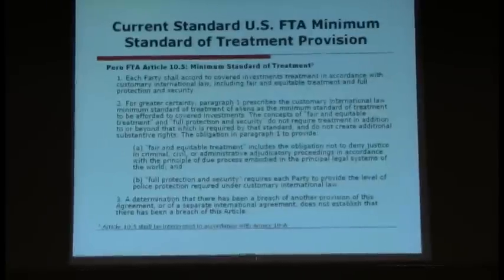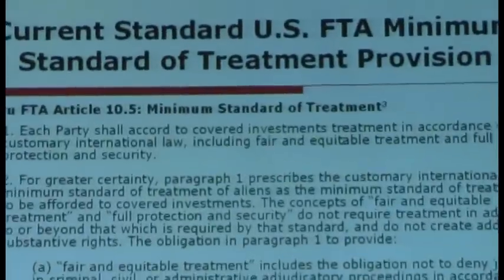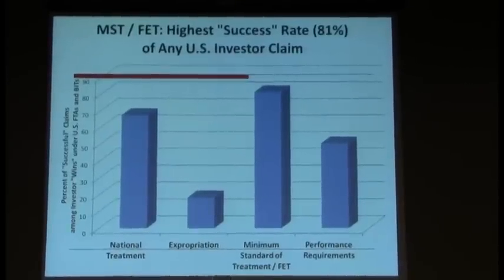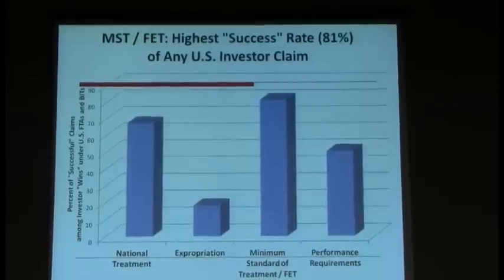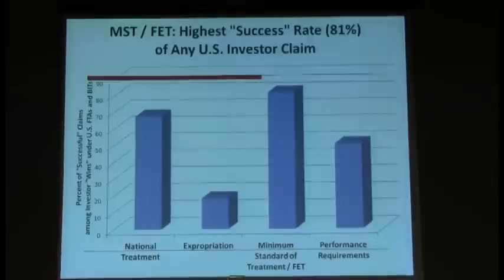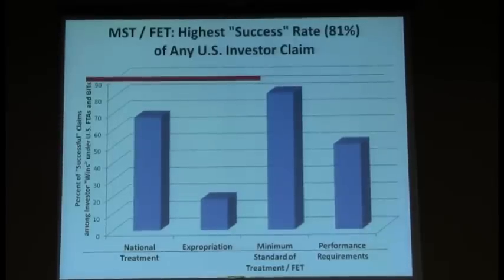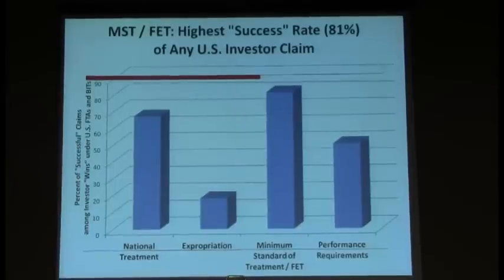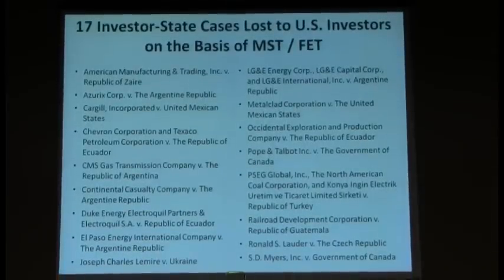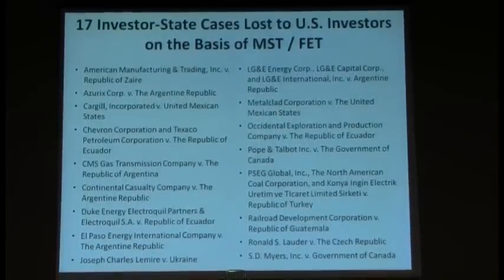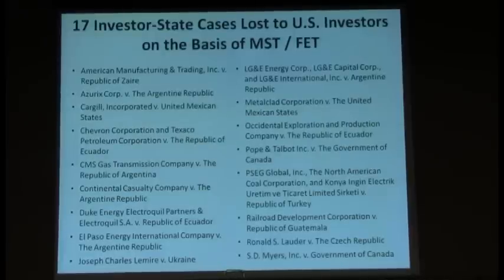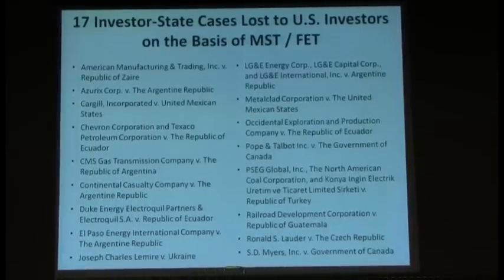NAFTA had a different set of language. It got some rather interesting rulings. This has been the boilerplate MST language for a while. Now, under that language, there has been a pretty high return. This 81% of cases taken under MST, particularly under FET, where the investor wins, is a blend of the NAFTA language and this language, which is just to say that's the case, that's the argument that is the strongest. This is a list of those 17 cases where the government has lost under an MST-FET claim under the U.S. FTAs. And there's some of the notorious NAFTA ones, there are 5 notorious NAFTA ones, but all the other ones